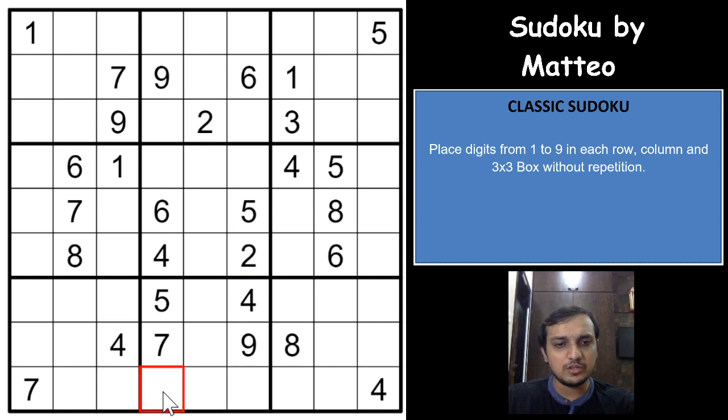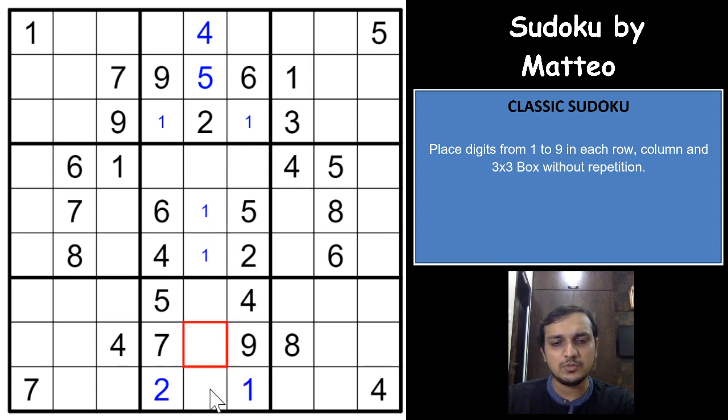A 2 and a 2 here would give you a 2 here, and a 5 here and a 5 here would give you a 5 here. That means a 4 here and here will give you a 4 here, and a 1 in one of these two cells will give you a 1 here. As you can see, 1 cannot be in these 3 cells, so 1 has to be in one of these 2 cells. So 1 cannot be in these 3 cells now, so 1 has to be here.